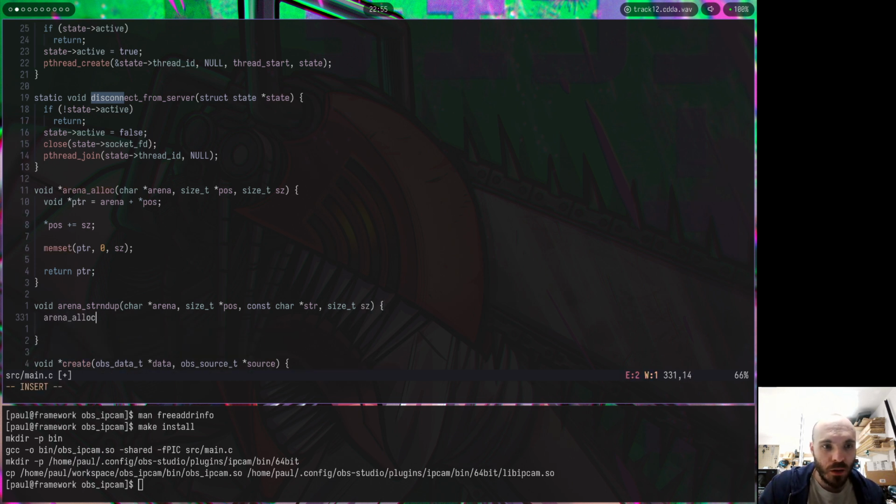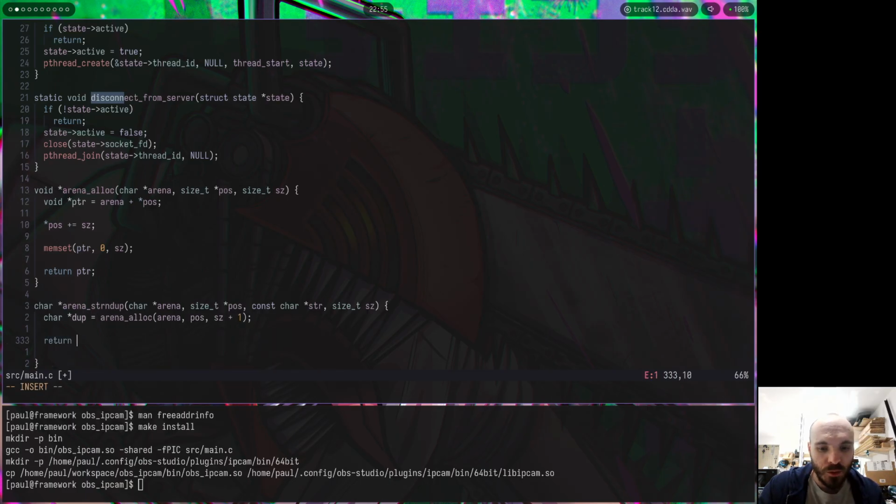Arena alloc arena pause size +1, and that's going to be my char star duped, return dupe, and